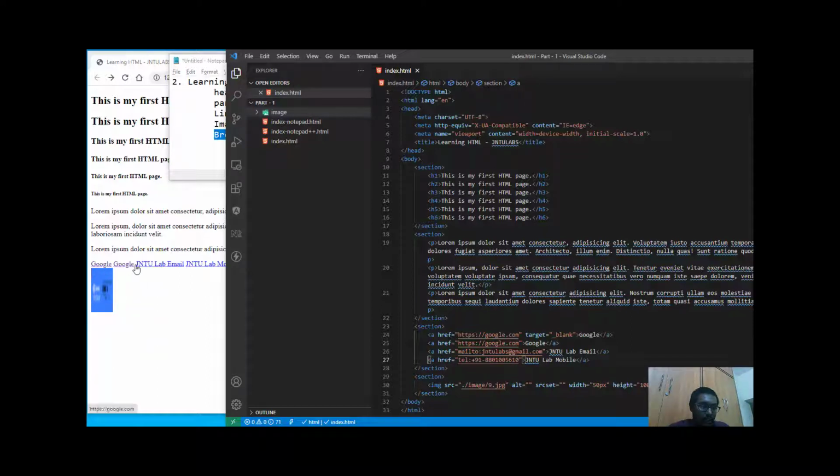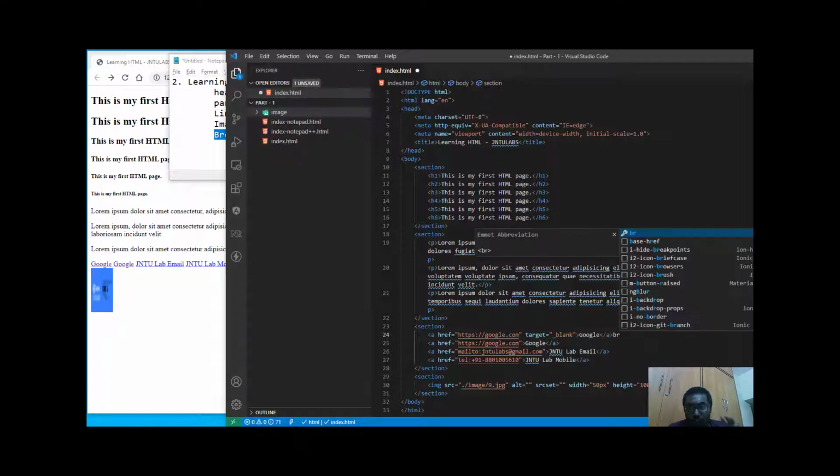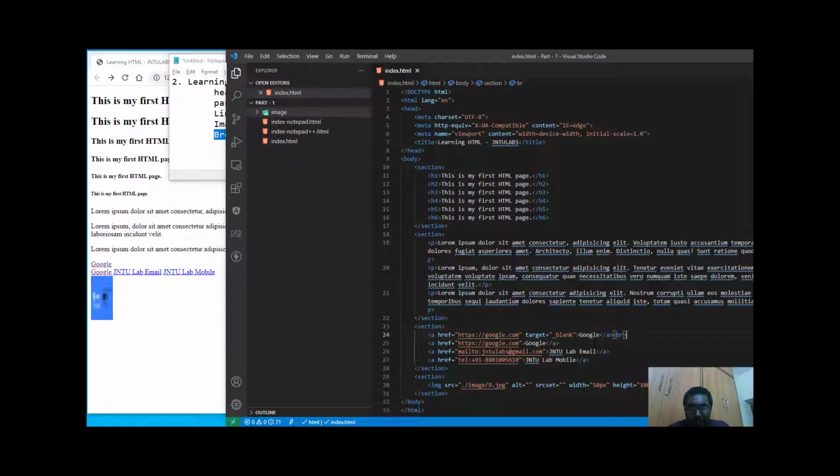Now you can see Google is all in the same line. Now this is a break line tag, so where you will be having this br. So br is nothing but your break line, and if I save it, everything is one under another.